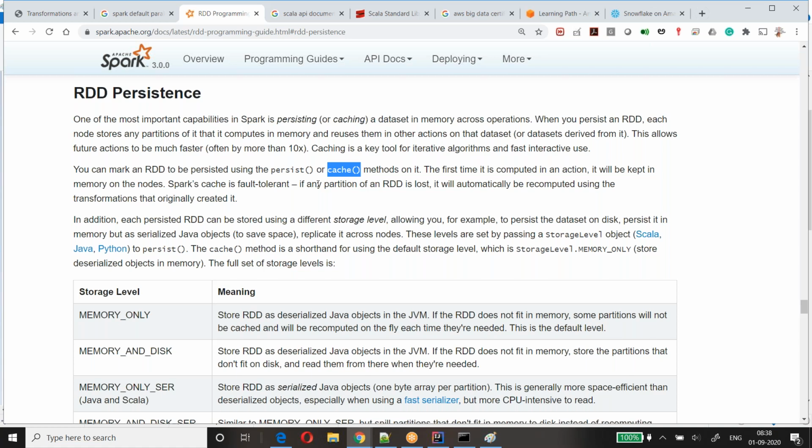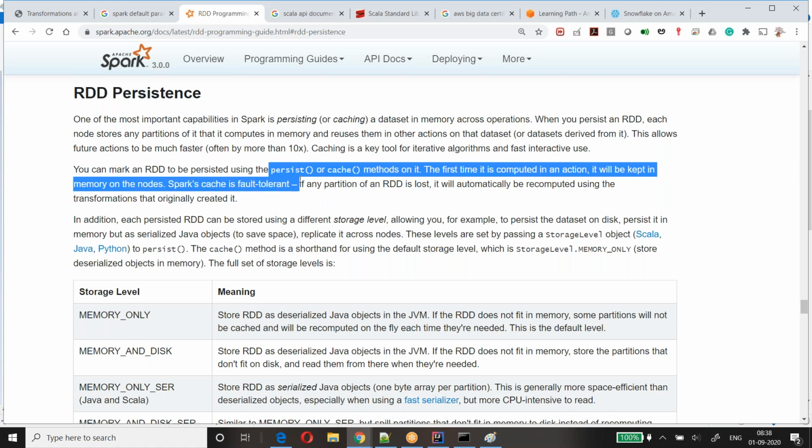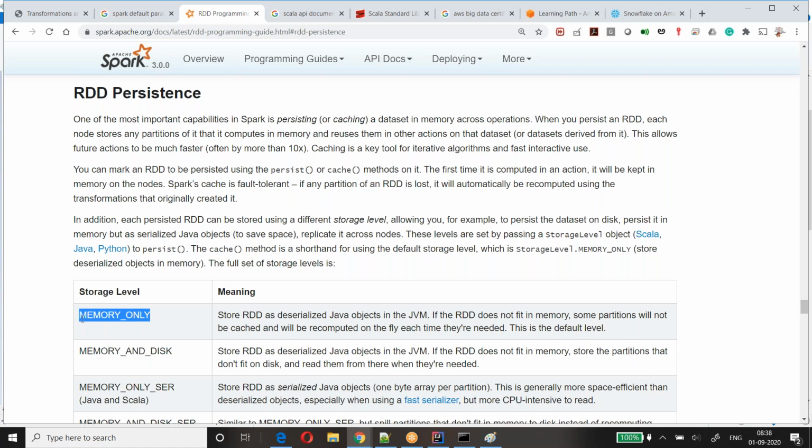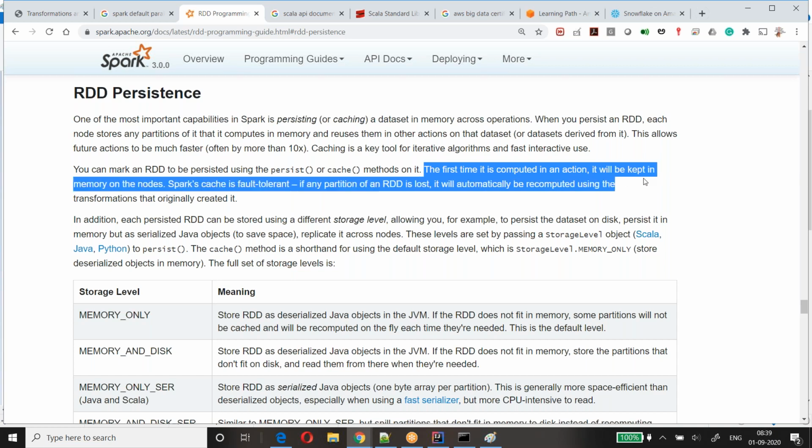Even if the data can fit into the memory, you can go with persist with memory only. You can go with it. By default, that is the only option. The first time it is computed in an action, it will keep that